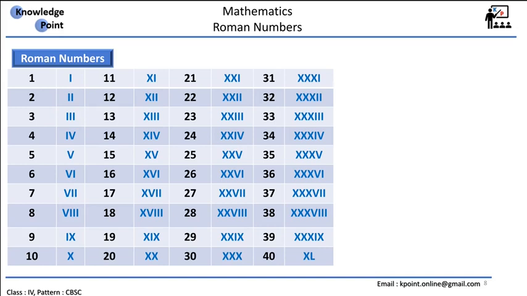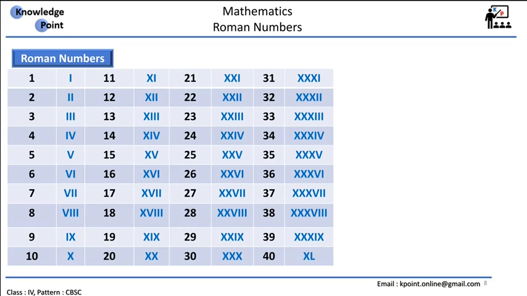In the same way, after 20, if we want to write 21, then XX will be common, and then one symbol we have to use. XX will be common for 22 and two symbols we have to use. Like that, we repeatedly use the symbols and we can write it. So for 30 we use XXX. After that, if I want to write 31, then I'll use XXX, and for 1 we use I. In the same way we can write all the numbers.